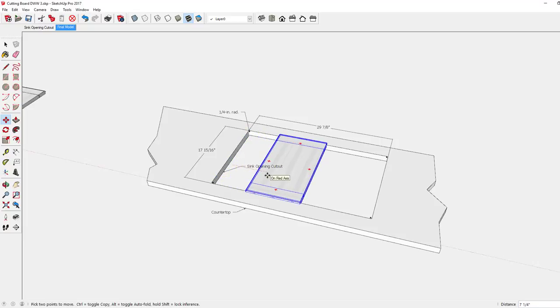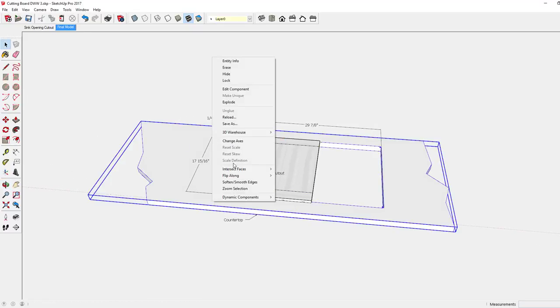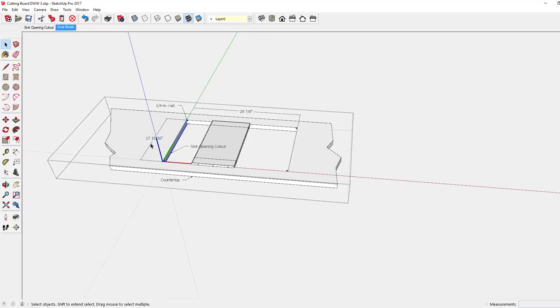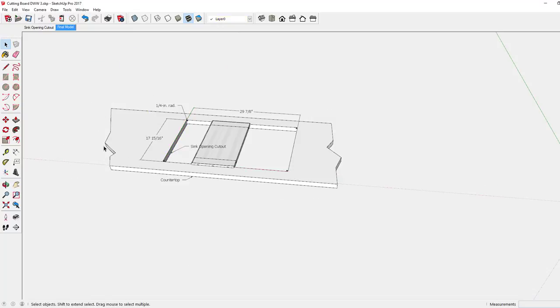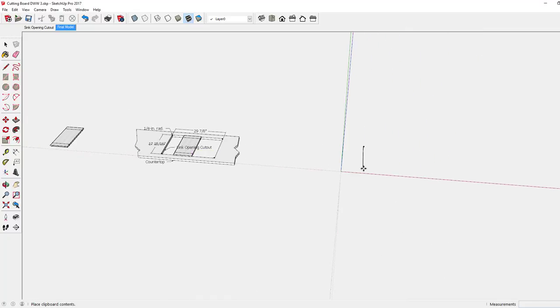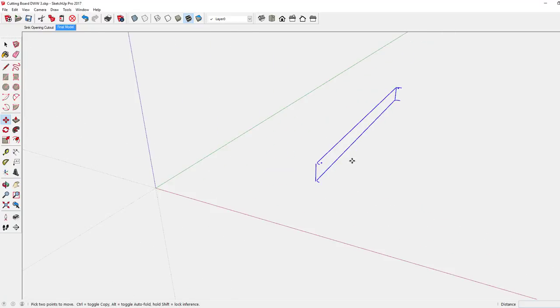So to start out on the modeling, I want to capture the actual radiused edges of this sink opening. So I will select just this end and then do a control copy of that selection, close the component, and then place that, use a control V or option on the Mac, and here is that copied end